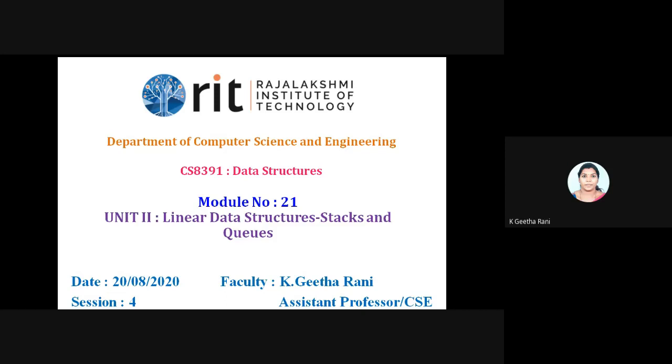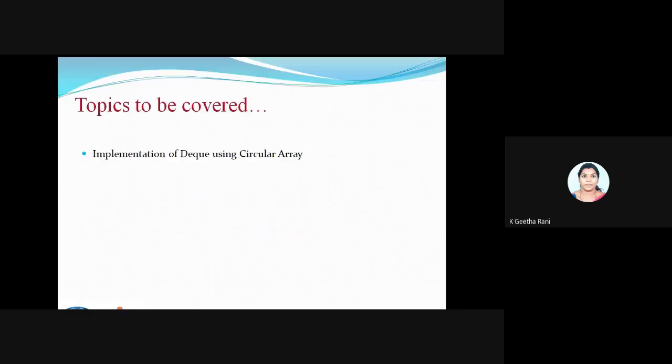And the topic today we are going to see is the continuation of our DQ concept. On the previous day we saw the concept of DQ, how the DQ operation works, and the four different operations in DQ, and we saw an implementation part also. We saw a normal way of implementing the DQ using the normal array. Fine. So in yesterday's class, we saw the priority queue concept. So now we are going to continue the DQ concept.